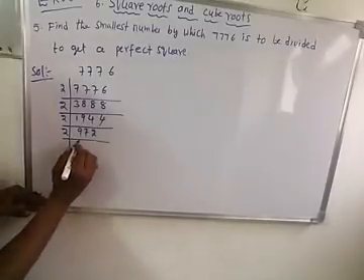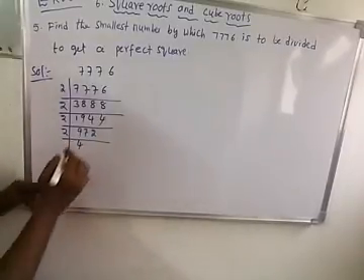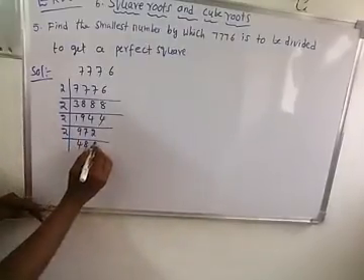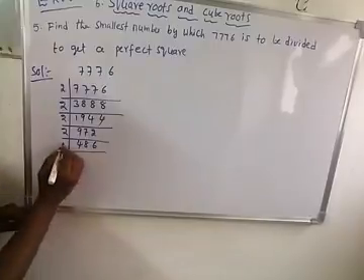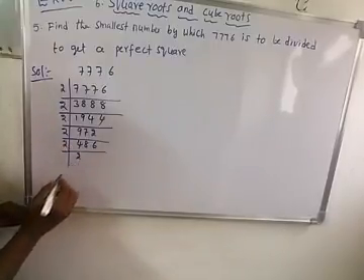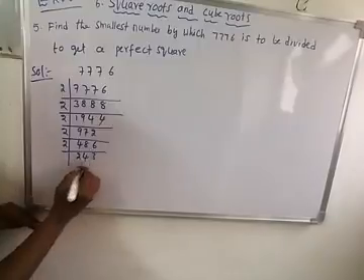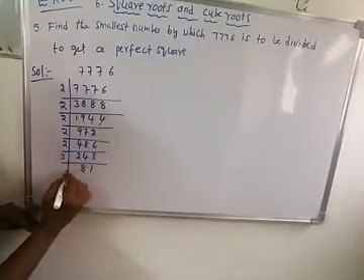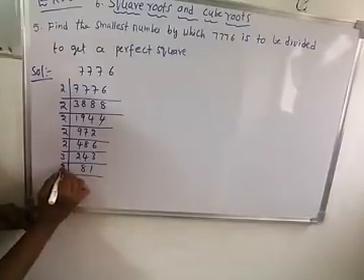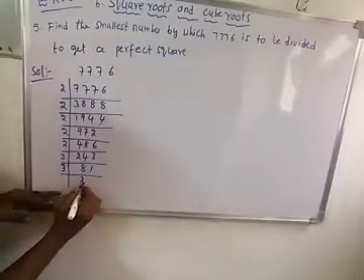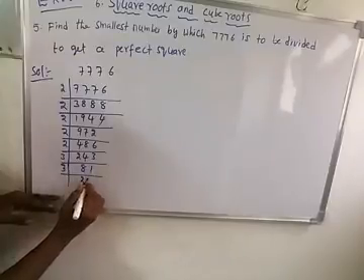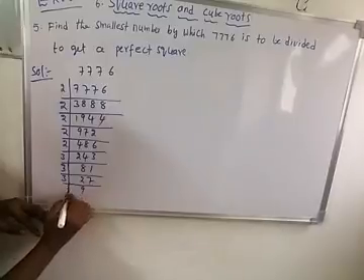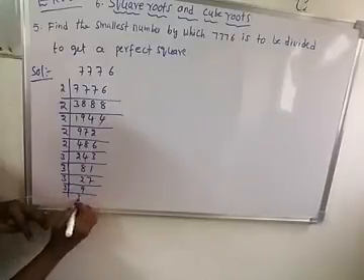2 table: 2 4s are 8, remaining 1, 17, 2 8s are 16, remaining 1, 12, this will go to 2 6s are 12, again this will go to the 2 table, 2 2s are 4, 2 4s are 8, 2 3s are 6. This will go to the 3 table, 3 8s are 24, 3 1s are 3, again this will go to the 3 table, 3 2s are 6, 2 remaining, 21, 3 7s are 21, next 3 9s, next 3 3s.